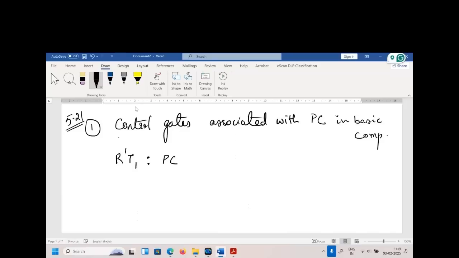In the fetch part, we are incrementing the value of PC. Then during the interrupt part, RT1, we are first setting the value of PC to 0 so that we can go to the 0th location and store the return address. Okay, not return address but the IO program's address. Then at RT2,